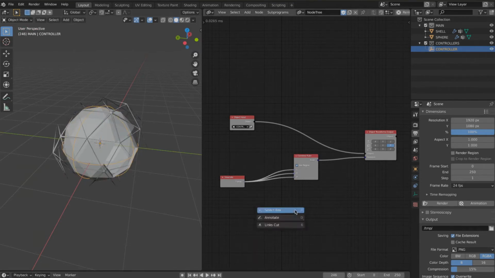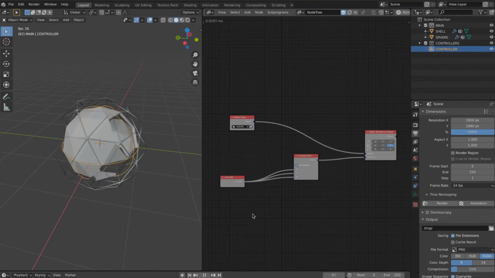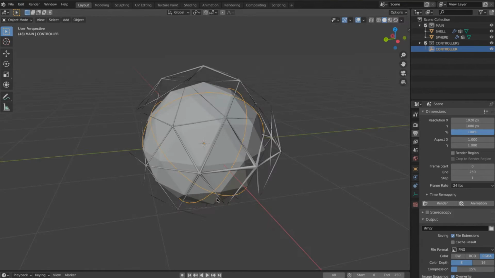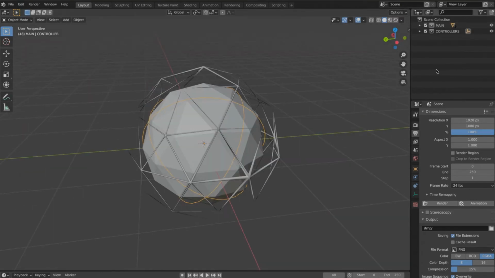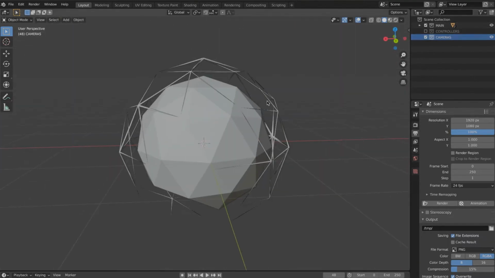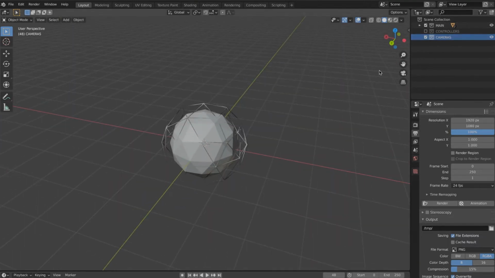What this does is take the time and use it as a degree of rotation. Usually this node uses radians, and in our case we want to use degrees because it works a little bit slower. You can actually use a math node in between to slow it down.